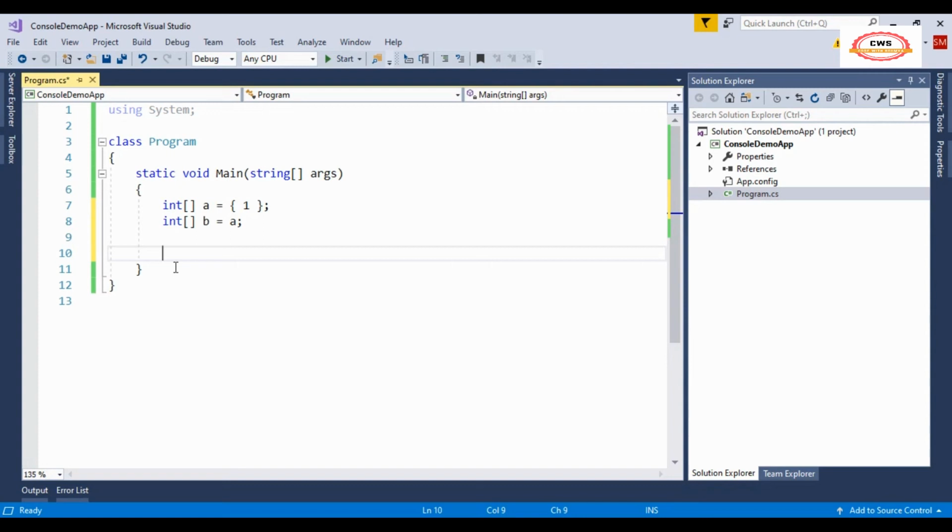Okay, now what I am doing, I am changing the element in array b to 2.